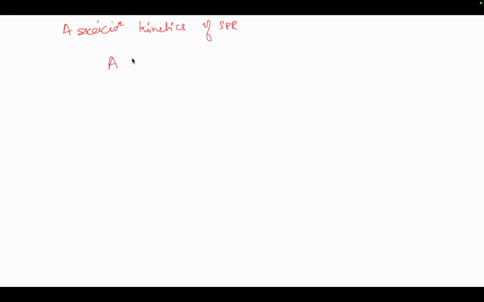We have A molecule and B molecule, and then Ka will be A bound to B, whereas Kd will be dissociation of this bound AB to A plus B. So we can calculate this dR by dt, where R is